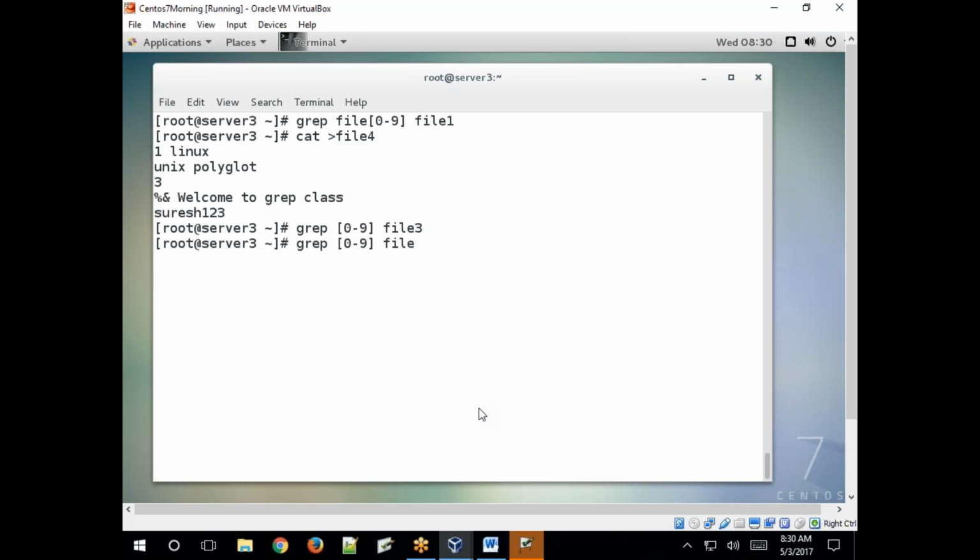It returns the lines with numbers, so only 3 lines: 1, 2, and 3.